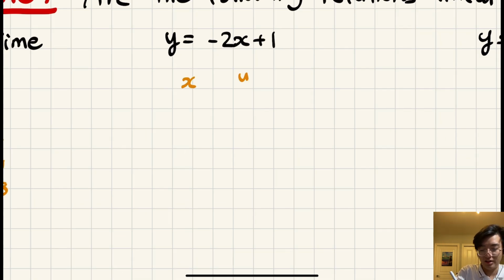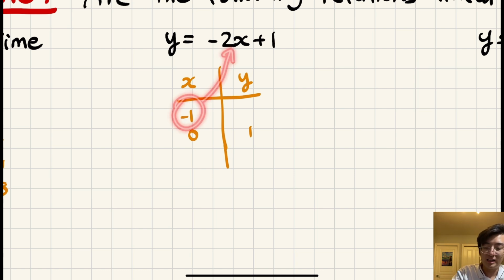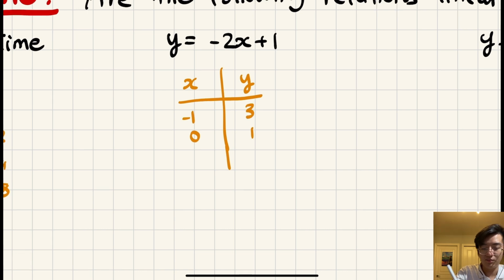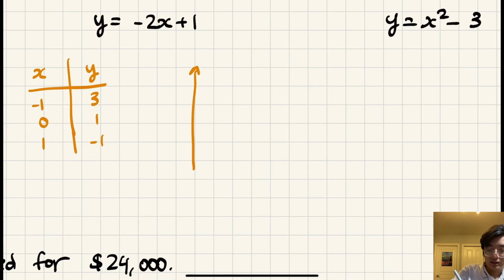So again, we'll do a table of values. We'll only do 3 values this time, just to save a bit more time. So we have x equals 0, then y equals 1. If x is -1, then y is just -2 times -1 plus 1. That's 3. If x is +1, that's -2 plus 1, which is -1. Okay, so now on a graph,